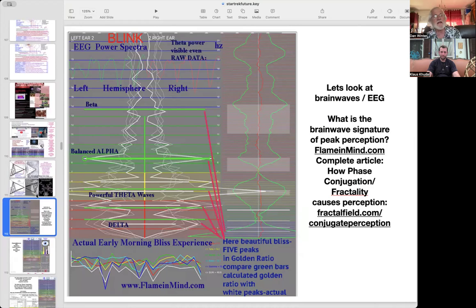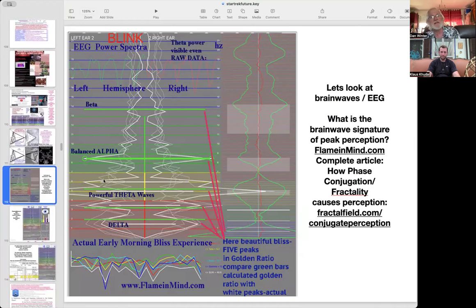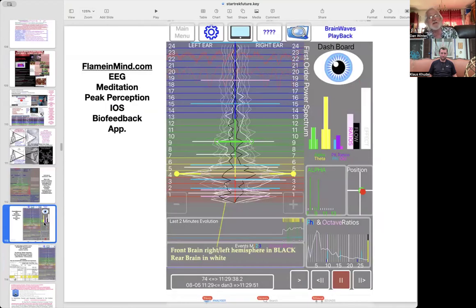So these are slides you've seen from flameinmind.com. This is me making 5 harmonics in golden ratio in my brain waves from delta. I have very big delta, often long wave coherence, which means I get to hear ancestors sometimes. But what you don't see on the top here is my gamma, because my gamma wasn't very well present. I ain't very good at making gamma, which means I get to hear ancestor memories, but at the gamma coherence I'm not quite there very often. So my lucid dreaming and my remote viewing ain't quite so good either.